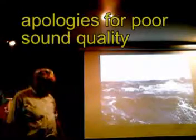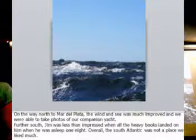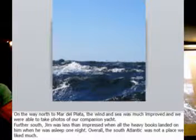Further south, Jim was west of Crete. He was sleeping one night, all the heavy books on one side of his face landed on. So south of